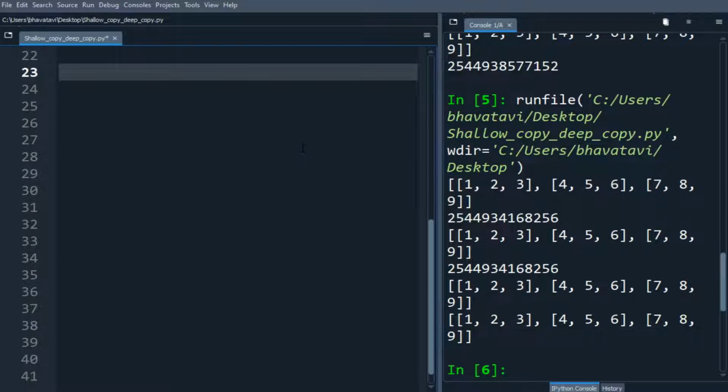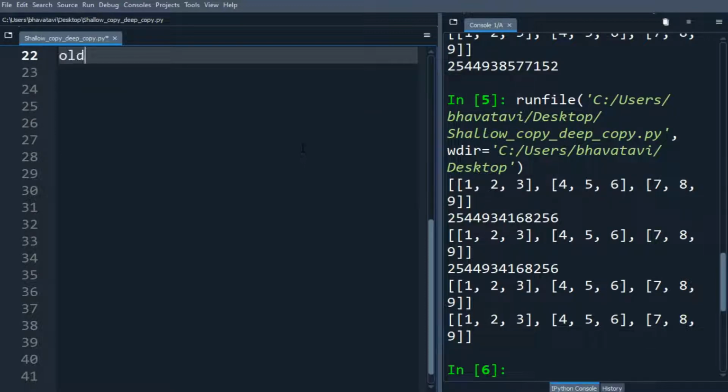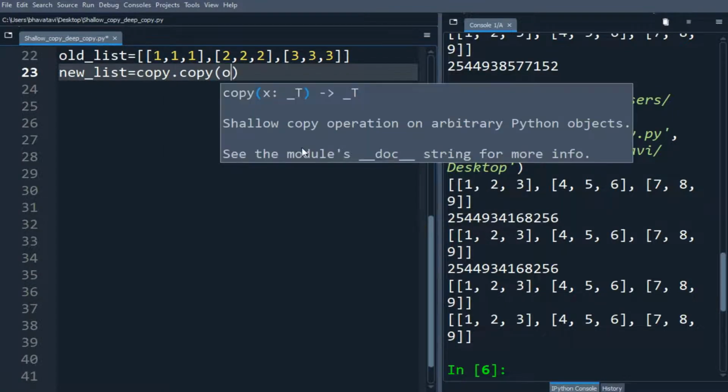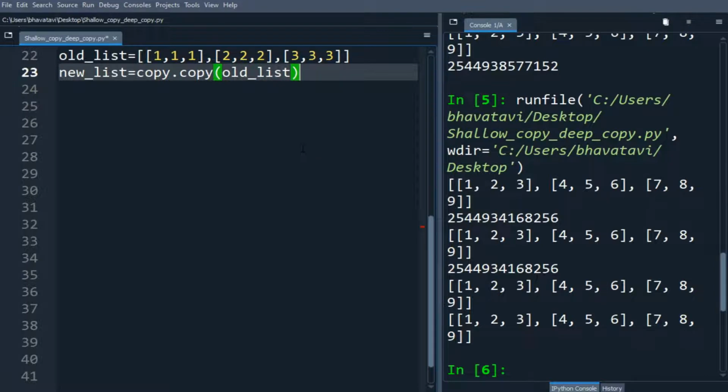Let me make an old_list, and inside that let me store 1, 1, 1, and then 2, 2, and here 3, 3, 3. So this is our old list. new_list equals copy.copy of old_list, and then we'll make old_list